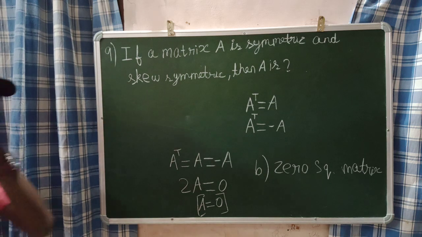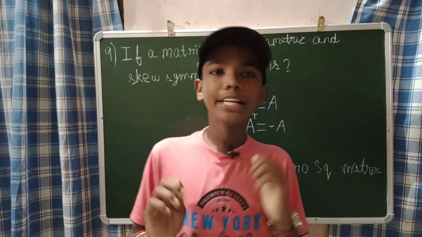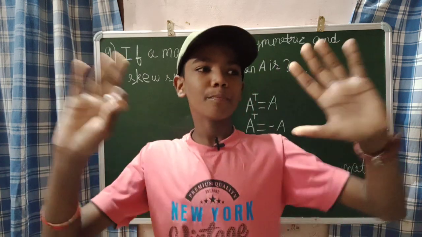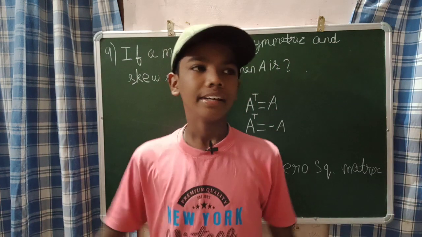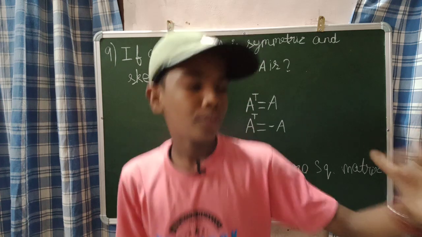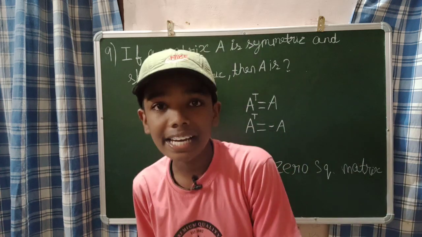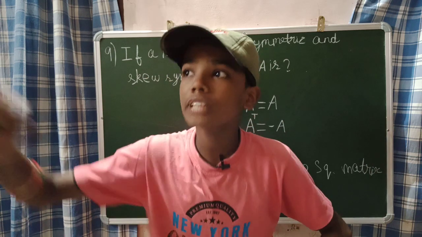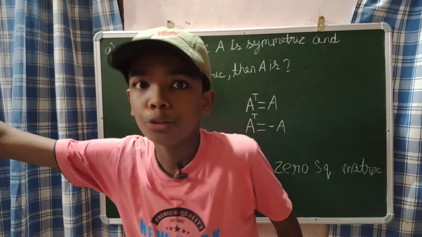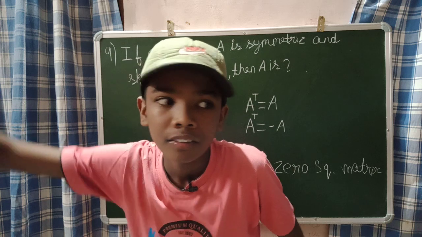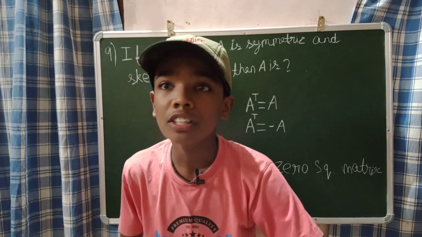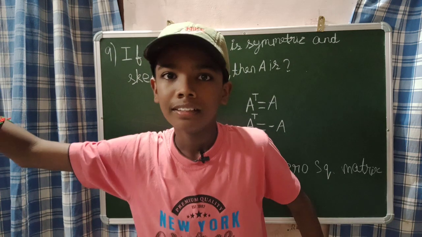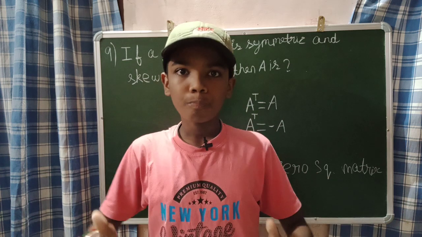Don't get upset. What students basically do is decide their mark right now: I'm 36 out of 40, I'm 20 out of 40, I'm 23 out of 40. If you decide like that, then definitely you will lose your morale, because upcoming exams are there and you should also focus on them. The 4 marks you leave in physics, you should gain in maths. That type of mindset you should have.